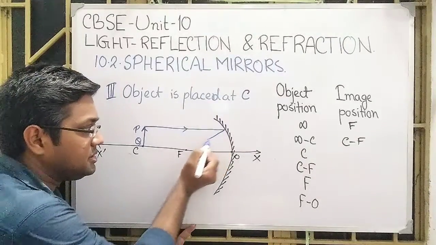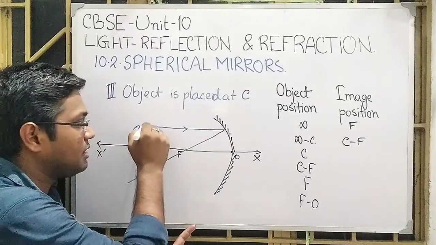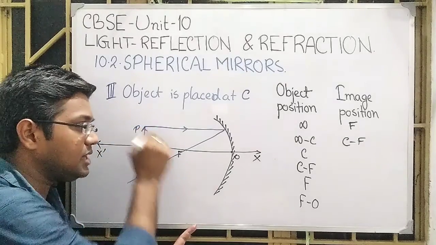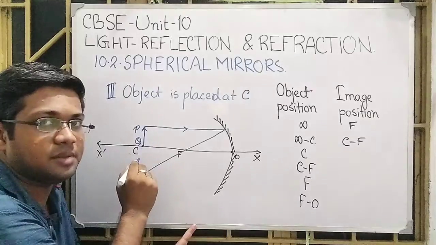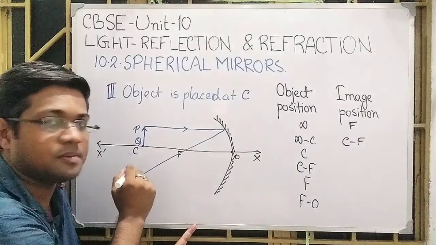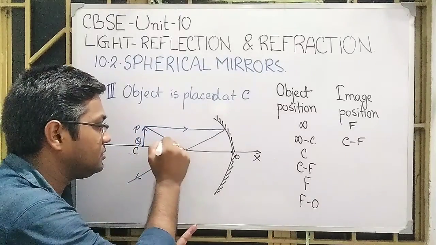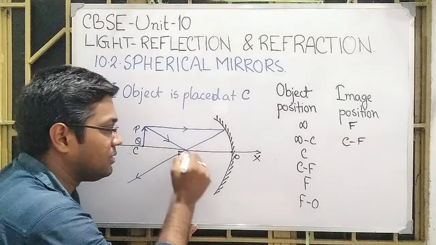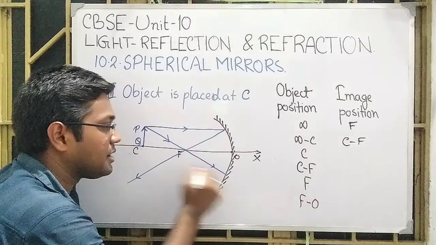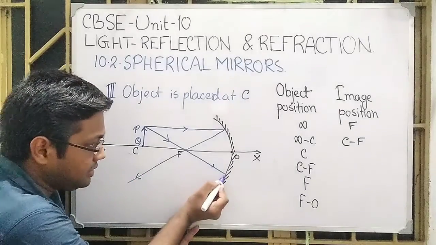After reflection, it will pass through the focus. We cannot send another light through the center of curvature because the object itself is situated at the center of curvature. So we'll send another ray through the focus so that it is incident on the mirror, and after reflection